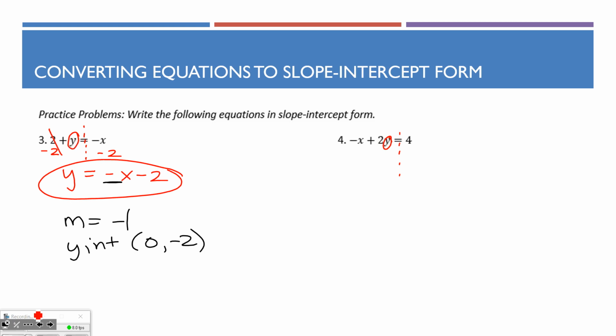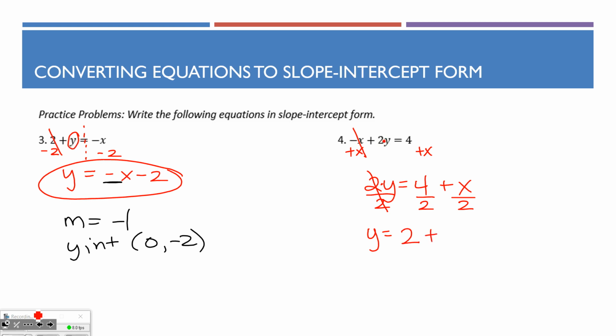Number 4, we were trying to get y by itself. So again, we get rid of our additions and subtractions first. That 2 in front of that y means 2 times y, so I get rid of that multiplication last. I'm going to add x to both sides. That's going to cancel. The 4 and the x are not like terms, so I can't combine them. So I just have 4 plus x. And now again, 2y means 2 times y. How do we undo that? We can divide everything by 2. So the 2's cancel. We have y is equal to 4 divided by 2, which is 2, plus